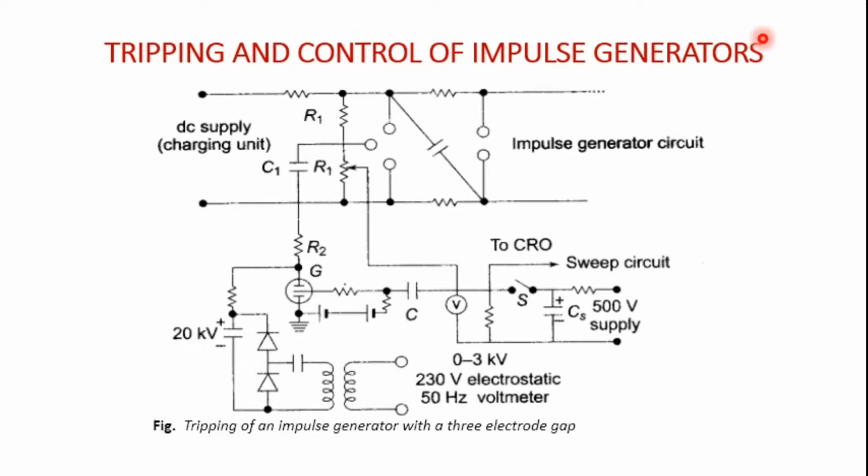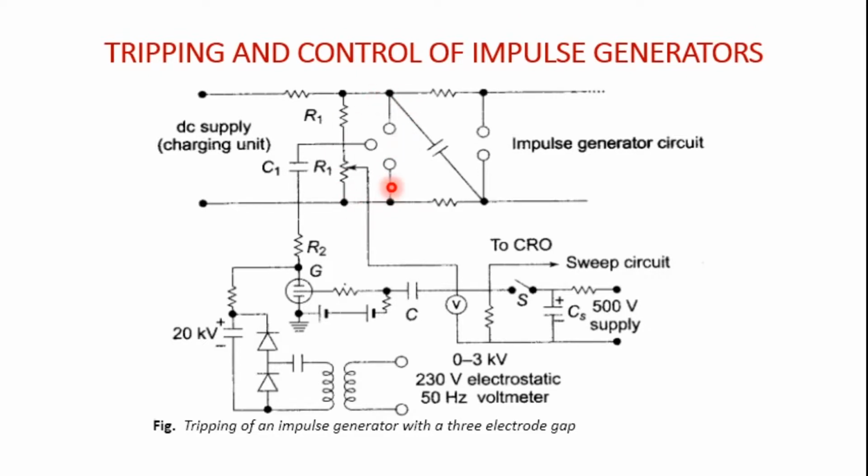To trip the generator at a particular predetermined time, the spark gaps may be mounted on a movable frame. By moving one electrode closer to the other electrode, there is a possibility that conduction may take place between the two. It is very difficult and does not assure any consistency in the controlling. So the simple method of controlling is with the help of the 3 electrode gap arrangement,